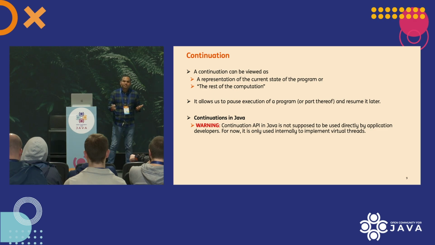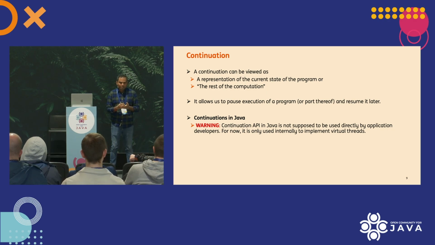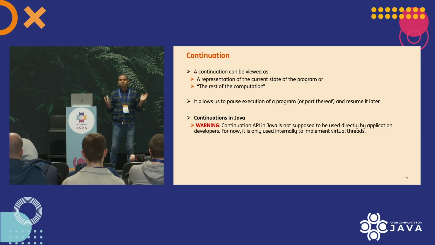Well, if this is the case, then you might ask, why are we discussing it? Why are we even learning about it? Well, three reasons. One is that knowing about the continuations API would give us good insights into the behavior of virtual threads. Secondly, it will help us to understand how the mounting and unmounting is happening. Basically, it would help us understand how our virtual threads are getting this high scalability benefit. And thirdly, and more importantly, because it is fun. At least I think it is fun, and we'll see if it is actually fun.